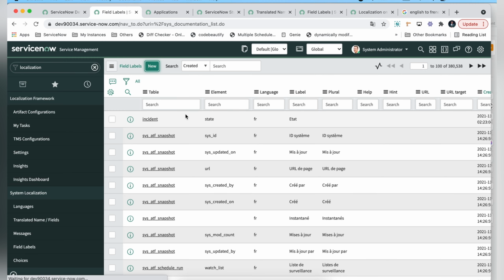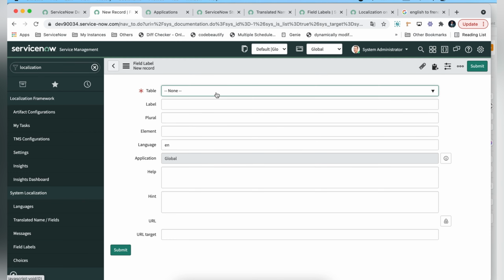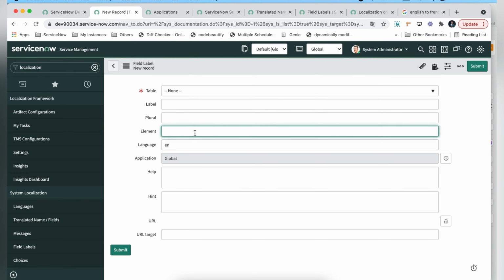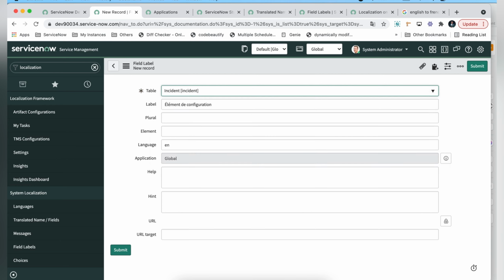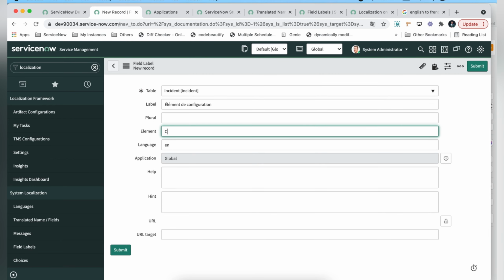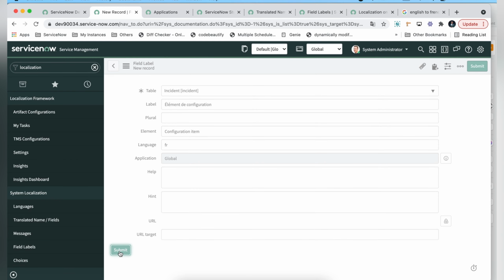So first let's copy the element. Incident, configuration item, language French, and submitted.